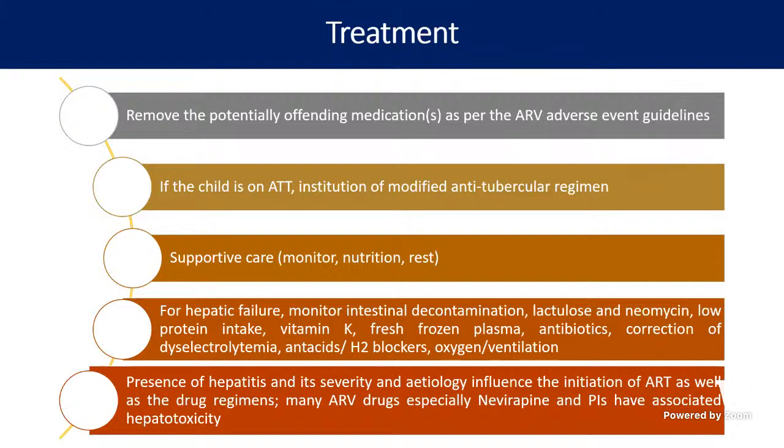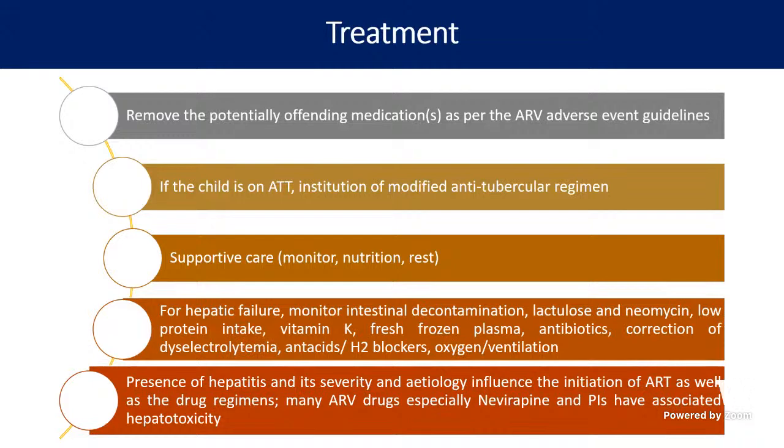So how do we treat? What is the offending agent? Sometimes if drugs are the cause, then definitely we stop the drug. If the child is on ATT, and most commonly the child is on ART also as well as ATT, you should stop the ATT and check. When the enzymes are raised, you need to hold on and then restart it again. Okay. Then we have to monitor, give the child bed rest, give fluids, and manage nutrition.